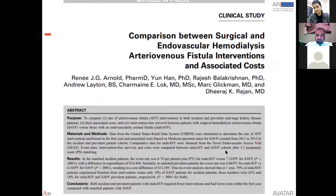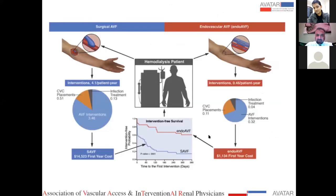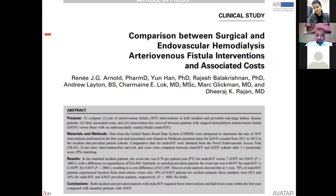Now, I wanted to actually show this study, the comparison between surgical and endovascular hemodialysis AV fistulas. So these fistulas, whether you compare them to each other or to the surgically created fistulas, are very similar. And the cost in the US of creating, now I know the cost in India is totally different, but the cost of creating a surgically placed fistula compared to an endovascular fistula is significantly different in favor of endovascular fistula, because